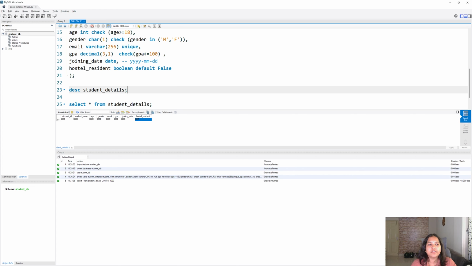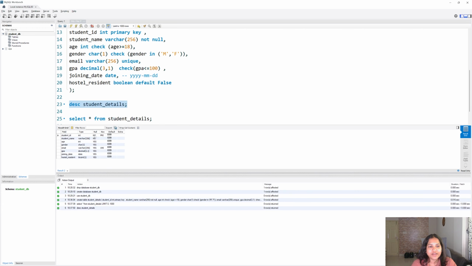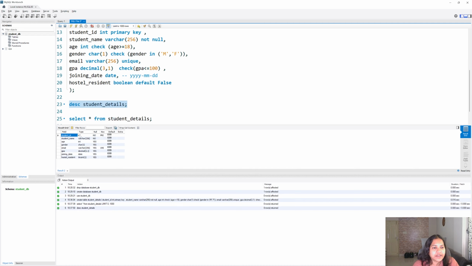Once you write all of the code, select everything and click the run button. And let's do this describe student details to see what all we have. Last time when you saw, it had all yes, and this one was blank, right? But here, if you see, you have student ID, integer, null values allowed, no. Key is primary key. If you see email, null values allowed, yes, and it is a unique constraint. And in the student name, you see no null values allowed. Age, null values are allowed.